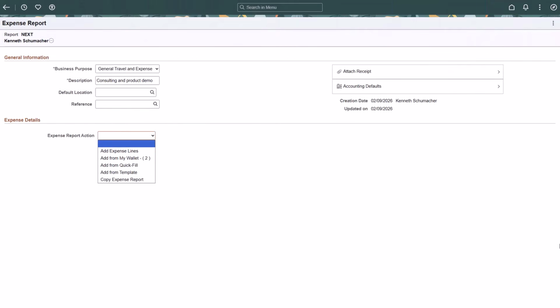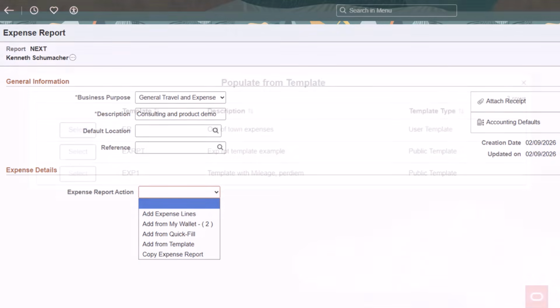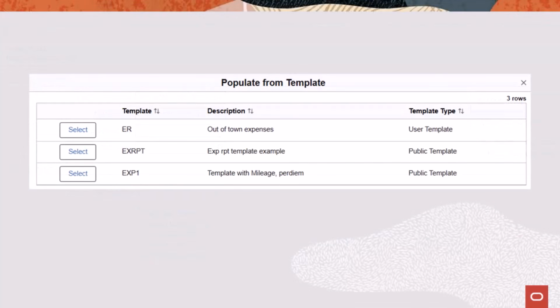Fluid Expenses allows you to populate expense reports using user or public templates. Use the expense report page to select Add from Template from the Expense Report action field. Use the Populate from Template page to select user or public templates. User templates are configured using the Create Update User Template page, and public templates are configured using the Public Templates